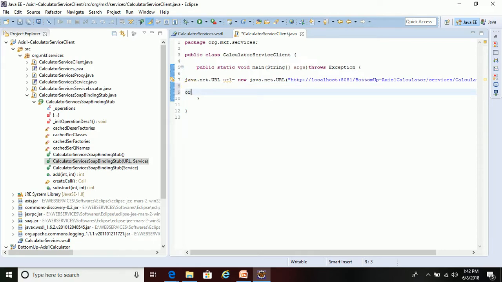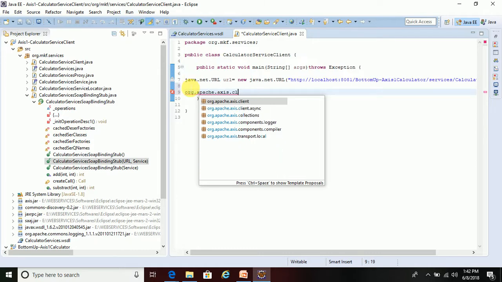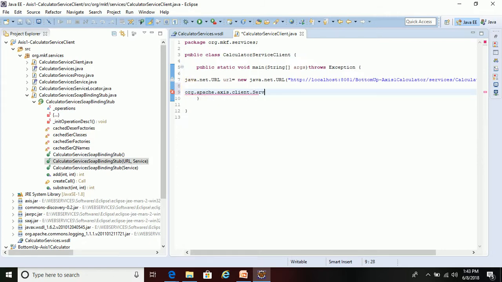For the service object we will use the Axis1 Apache Axis client Service class of this package, Service service equal to new